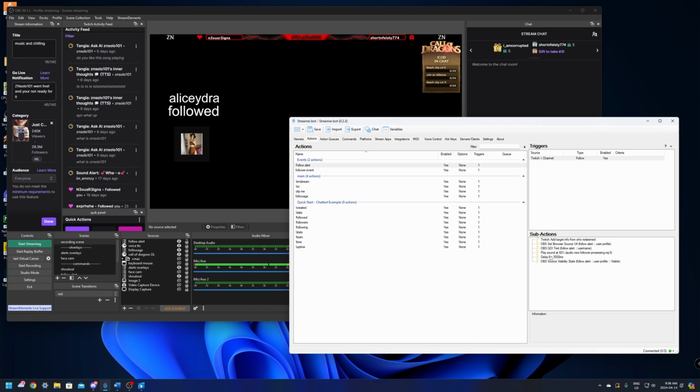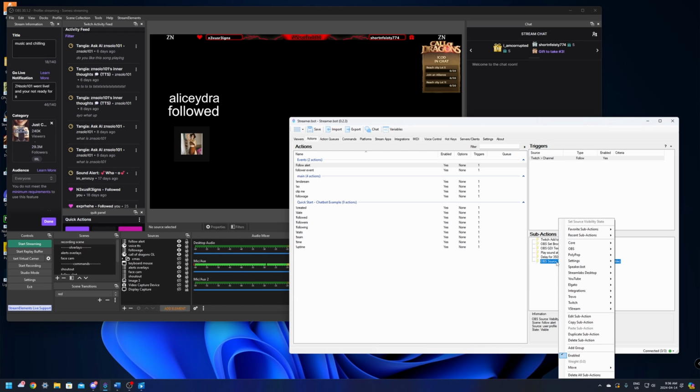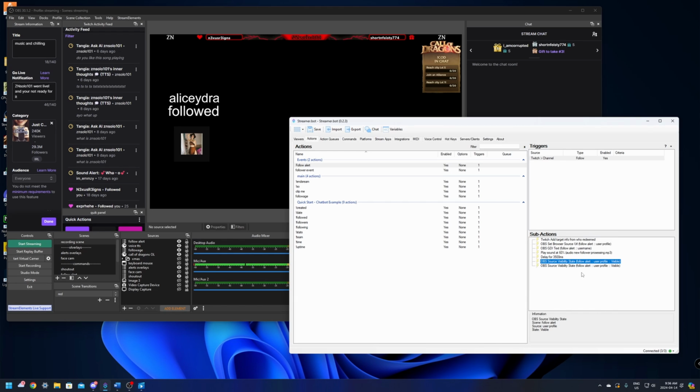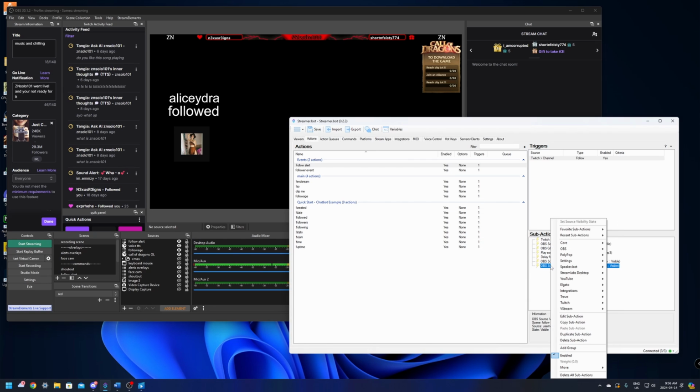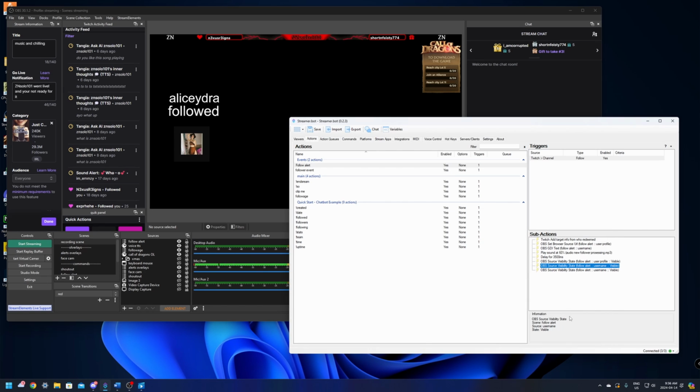Now there's only 3 sources in here that update, but we actually got to make sure that this followed text disappears as well. So we have to make sure that we add that one in there manually at the end. So we're just going to right click this one here, duplicate sub action. We're going to double click on it. We're going to go down here and click the username. State visible, click OK. We're going to do the same thing again, right click it, duplicate sub action, double click on it, and for username, make sure that you pick